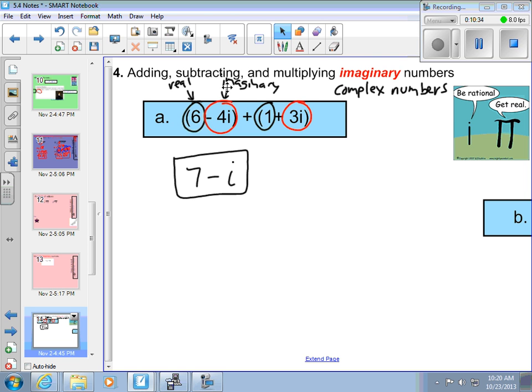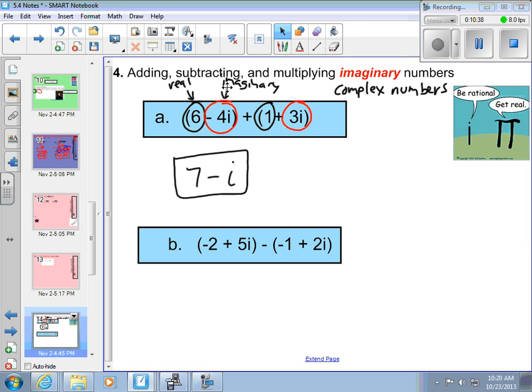Okay, pretty straightforward. Why don't you try B here for tomorrow and see what you get. B is a subtraction one, see what you get when you subtract that. Okay, let's try